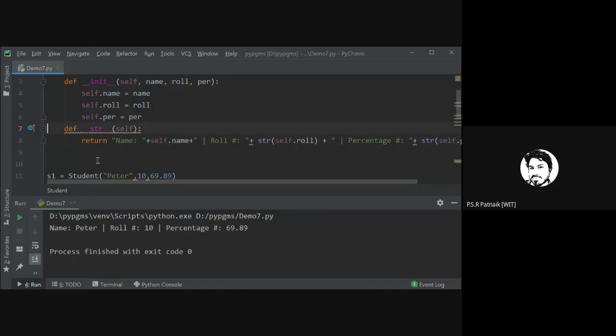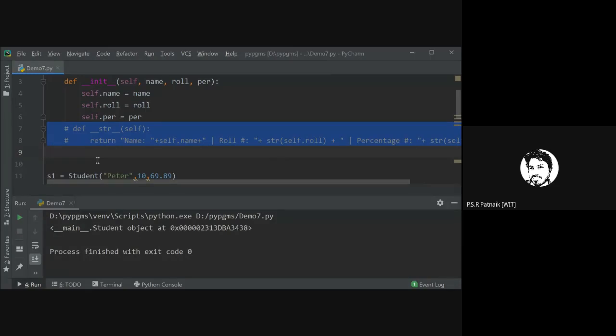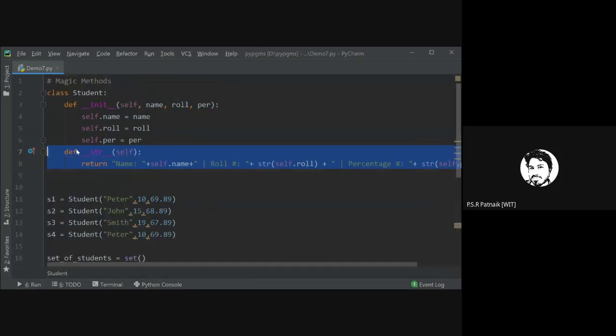And if I just comment out this code, just observe how the output looks. How is the output looking? The default behavior, right? I hope you understood this. Clear? What I have done is I have overridden the default method implementation called double underscore str double underscore.